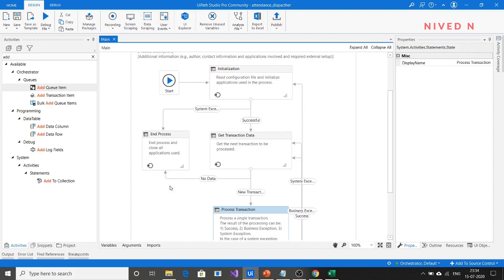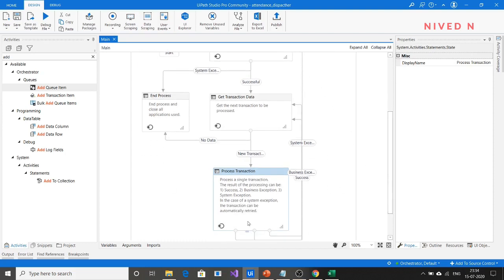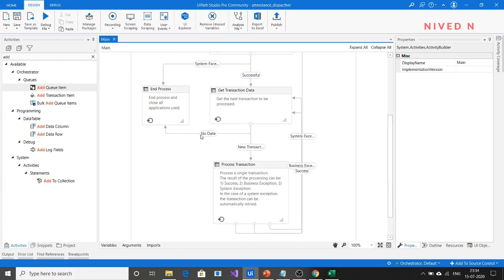First we completed get transaction data, then we completed process transaction. After completing this process, we have to go to close all applications. Since we know that here it does not contain any application to close, we can avoid that process.